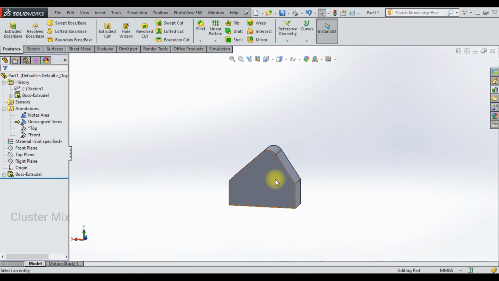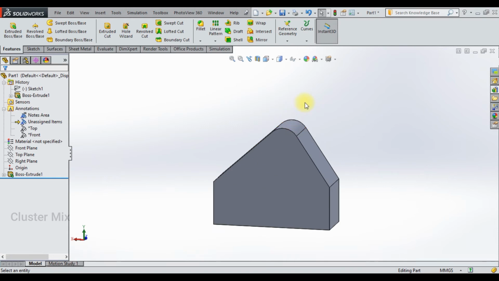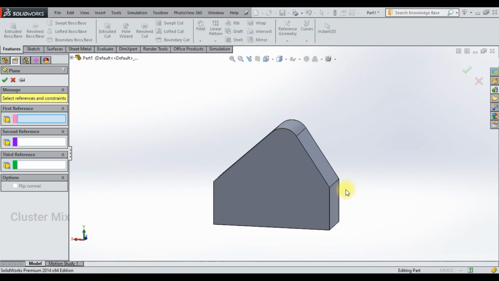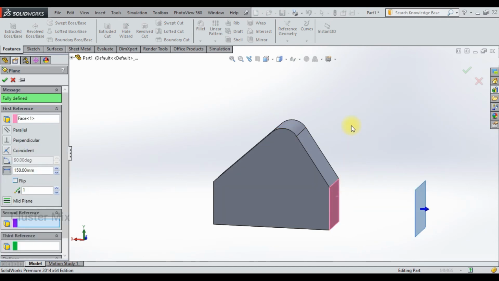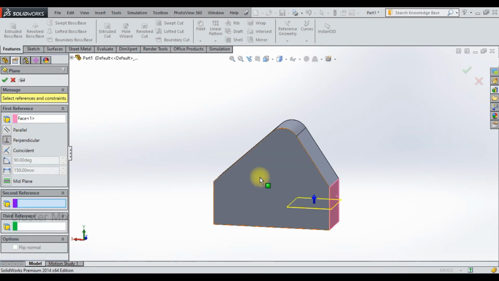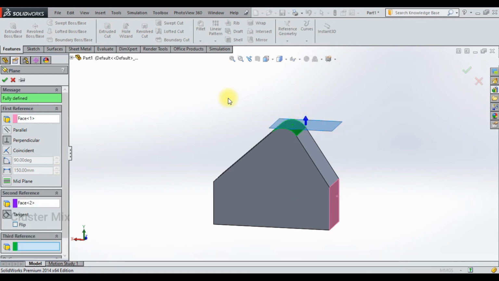Here I have a model to explain the plane created by tangent constraint. Let me select the plane. First, let me select this face, and here I'm going to make this the perpendicular option. And holding down the Ctrl key, I'm going to select this circular surface. And now you see that my new plane is created tangent to the circular faces, at the same time perpendicular